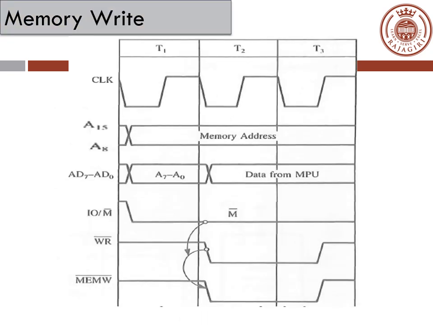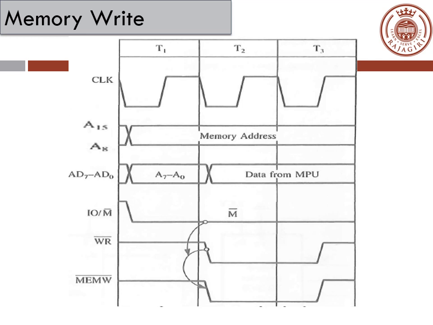Coming to the memory write operation, the only difference from the previous slide is that instead of the read operation, you are going to activate WR bar. You are going to make the write bar signal 0. The status signals are different here from the read operation and from the opcode fetch operation. So you will have to study the table which we saw in the initial slide. In this diagram it has not been mentioned, so you have to mention the status signal in this particular diagram.